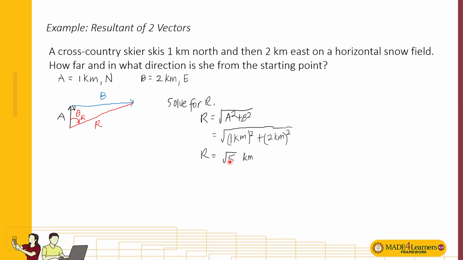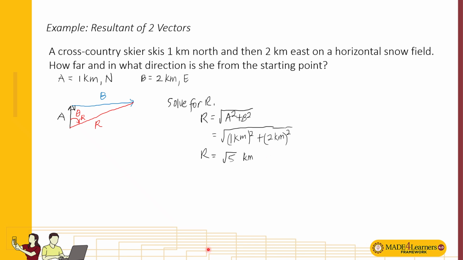So you can write it in this form or write approximate values. Better if it's an exact value. Nuwa ka na anad og radical o anad-anad na karon. It's not a specific requirement to write your answers in decimal form. Depende na sa instructions. So just write it as square root of 5 kilometers at least. It's an exact value.